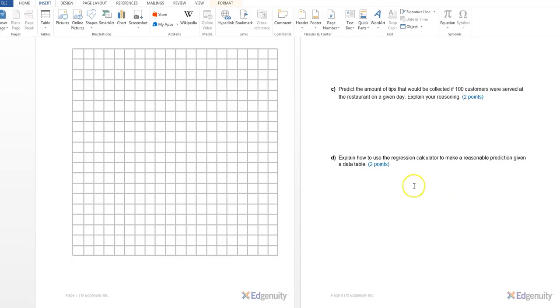One last piece of information in this last question where it says, explain how to use the regression calculator to make a reasonable prediction given the data table. It's not necessary for you to go find a TI 83456 calculator, go out and buy one. There are regression calculators all over the place on the internet. For example,